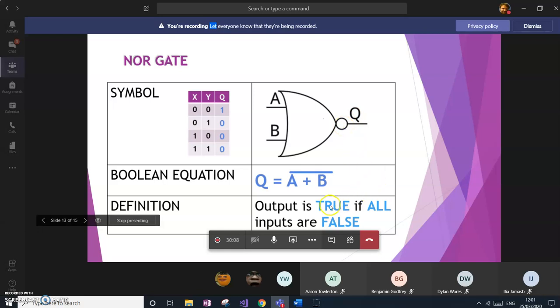Okay, and again, you're beginning to see the logic now behind the Boolean equations. So we have A plus B, the plus representing the OR, and the overhanging bar representing obviously the NOT aspect, so the NOR aspect of this particular equation. Okay, great. And then if we tab on again,